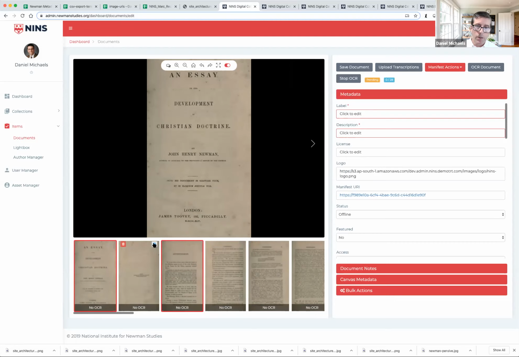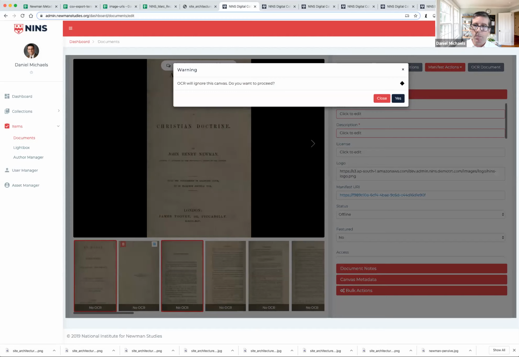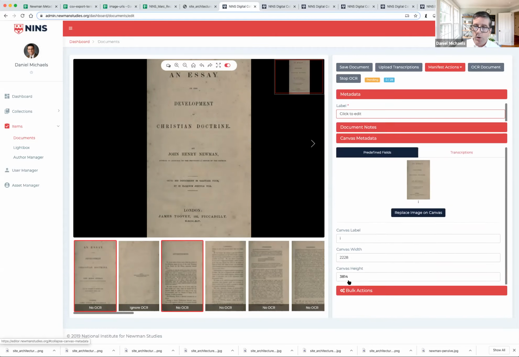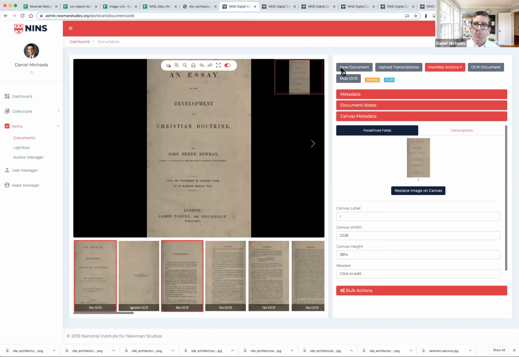Maybe you don't want to OCR this page, so you can skip OCR. And then up here is where you would actually OCR the document. I'm not going to do that right now. And then you can view the canvas metadata. Now, what's also interesting is that you can